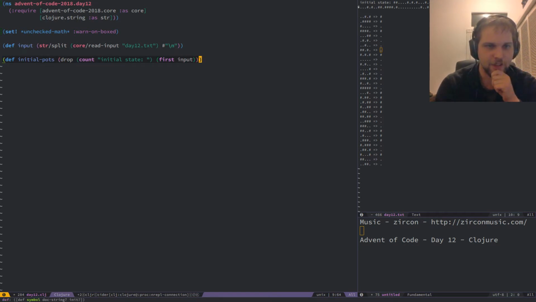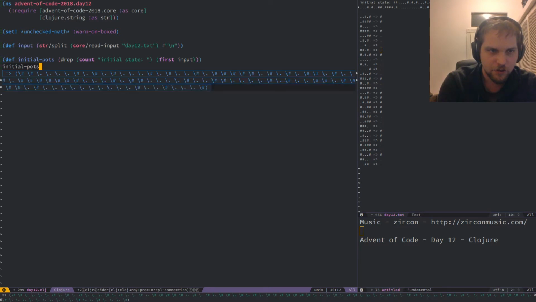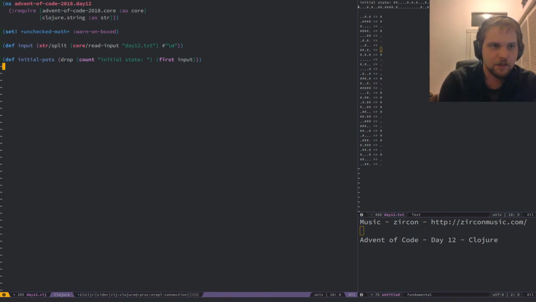Alrighty. And just to verify, what's our initial pots look like? Looks good to me. And then our rules are going to look like